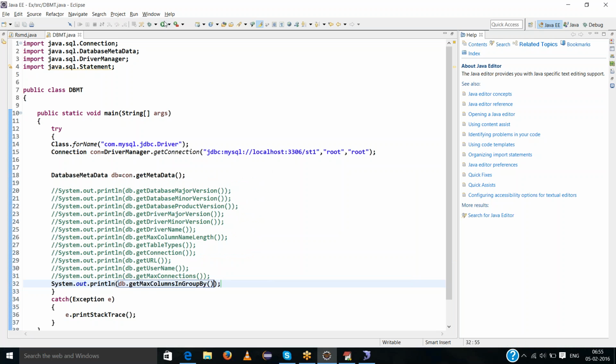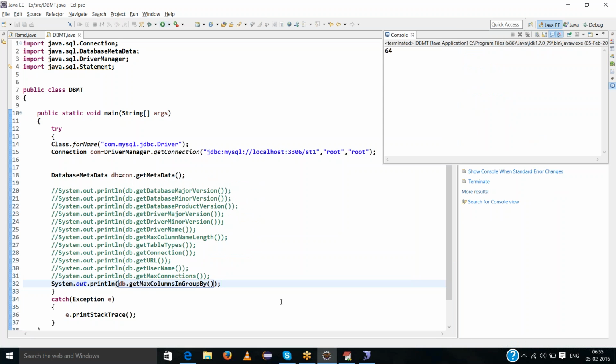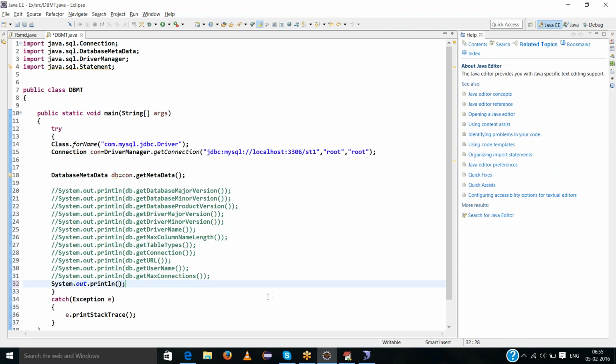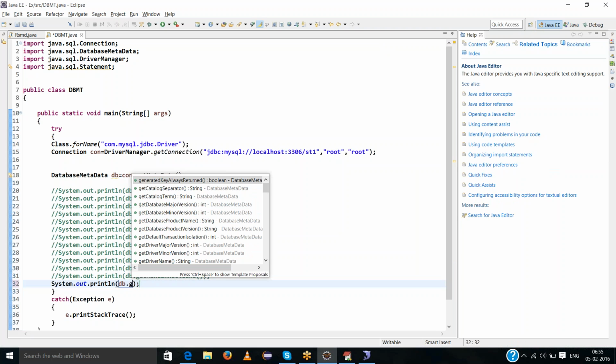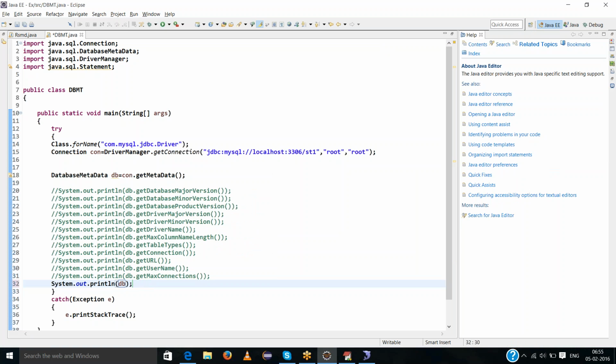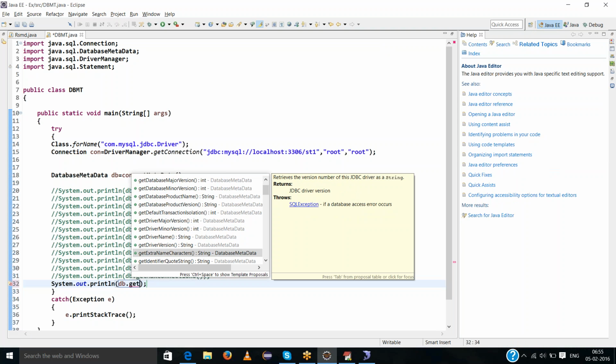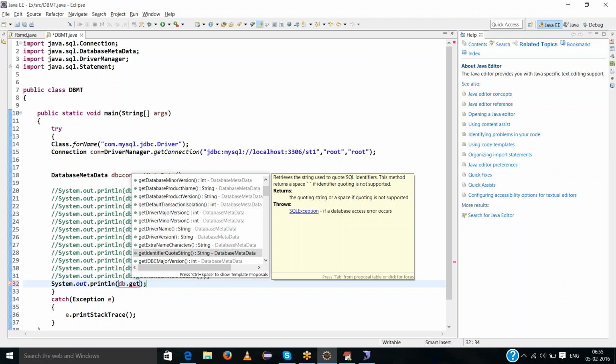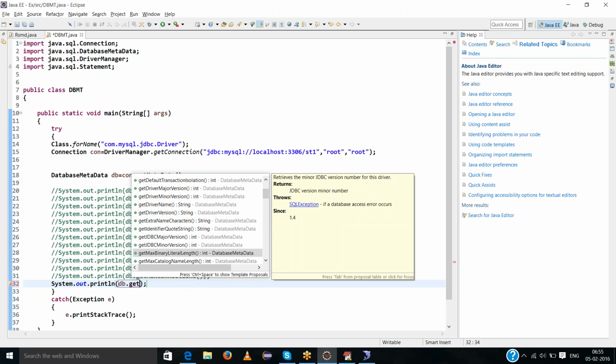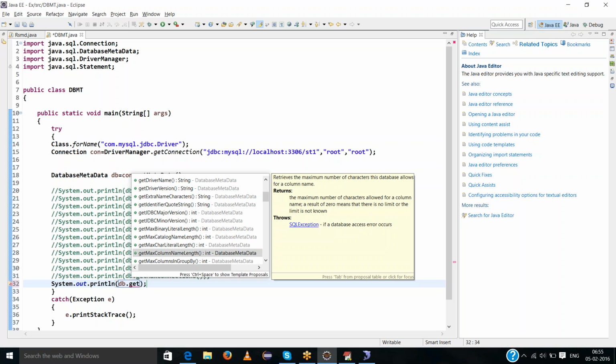Think this one or not? Not this one. It is another product. In terms of product name, major, driver name, driver action, binary character, column name length, column group by, column index, column order by.